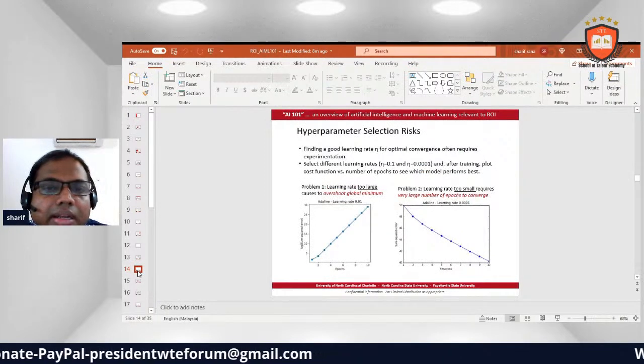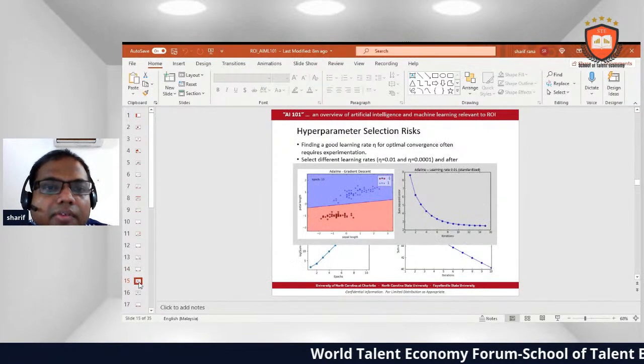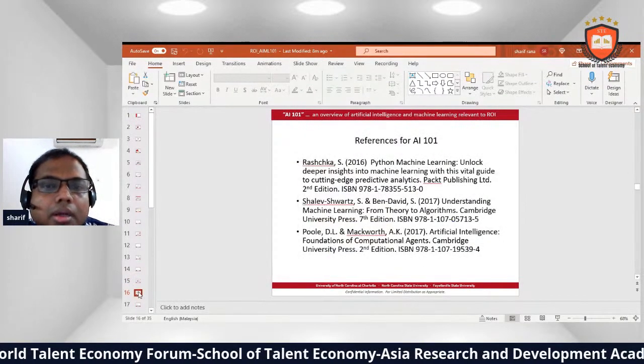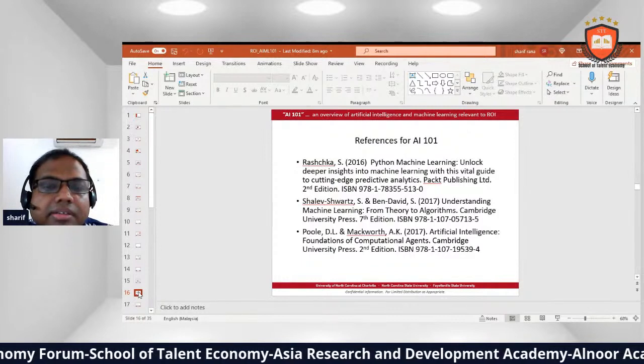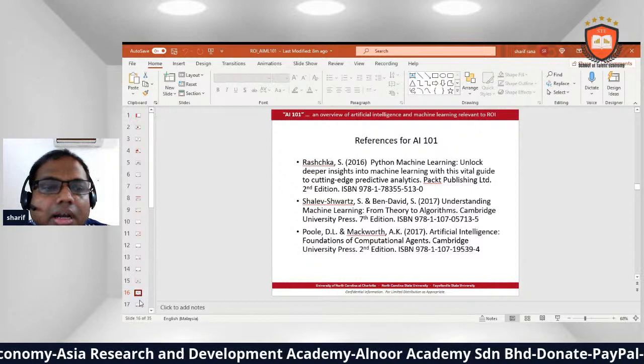Finding a good learning rate and optimal convergence often requires experimentation. Select different learning rates. Finding a good learning rate for optimal convergence often requires experimentation. Python Machine Learning: unlock deeper insight into machine learning with this vital guide to cutting-edge